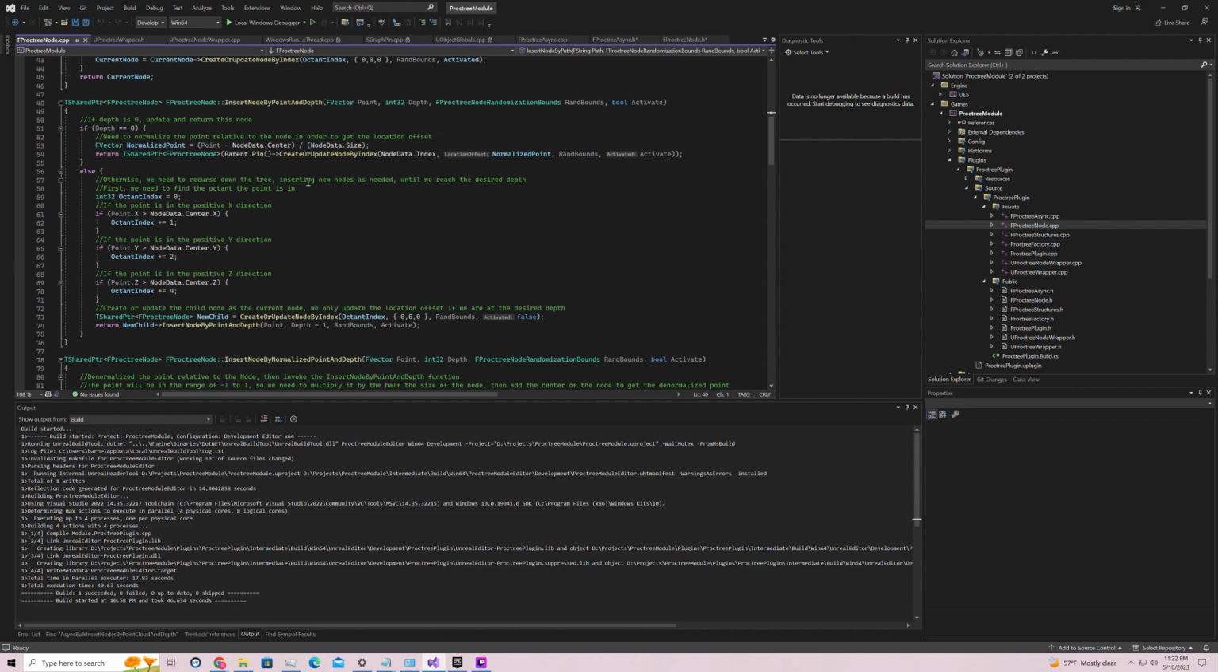So that gets our normalized point, and then we invoke create or update node by index one more time with the activated flag, the randomization bounds, the normalized point we just calculated, and the node data index. Looks good. Else, my comments pretty much say what it's doing. Octant index, so the function they're doing there is basically calculating the